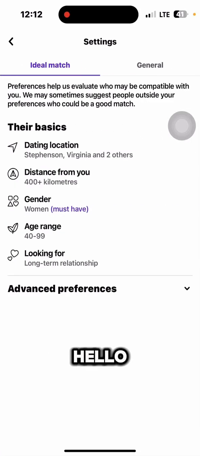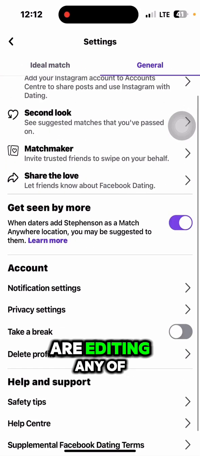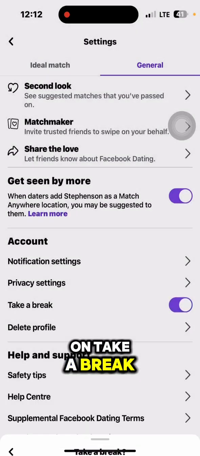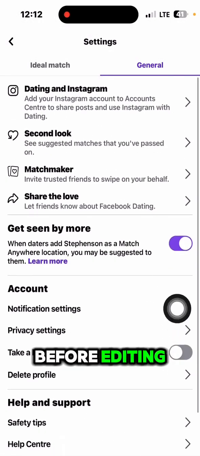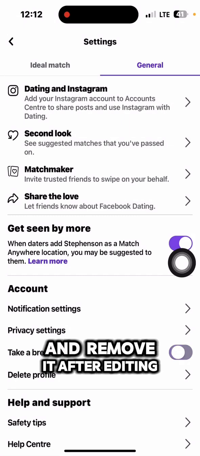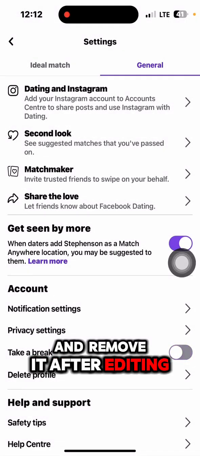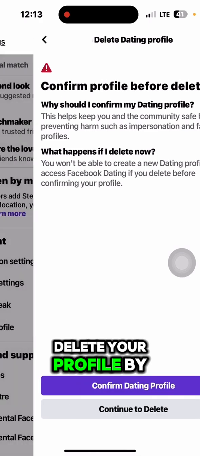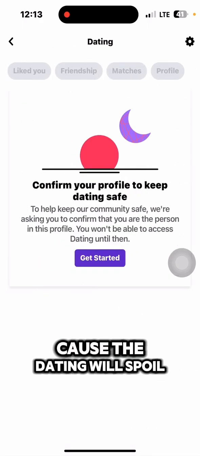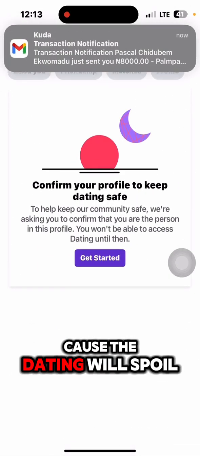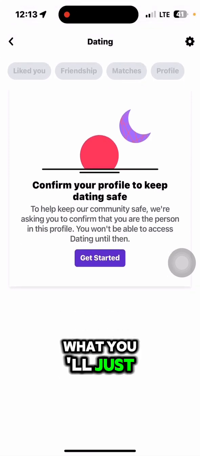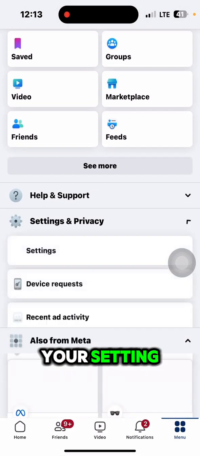First of all, if you are editing any of your accounts, try to put it on take a break before editing and remove it after editing. Do not try to delete your profile for any reason, because the dating will spoil. So once you have this kind of issue, what you do is go to your settings,